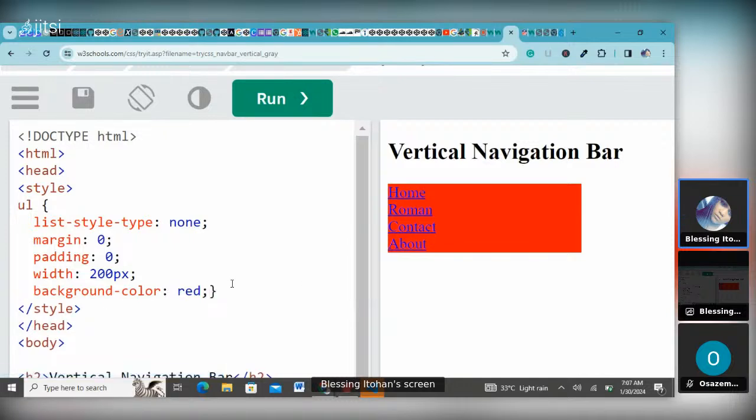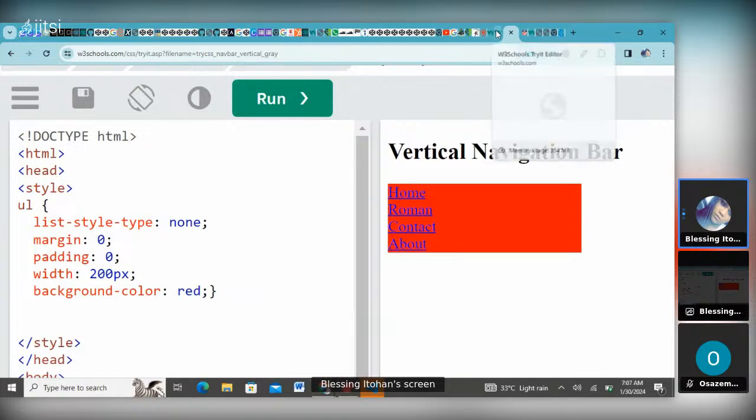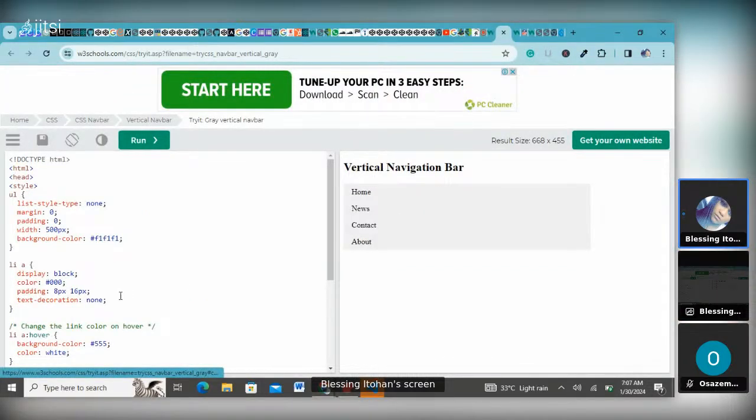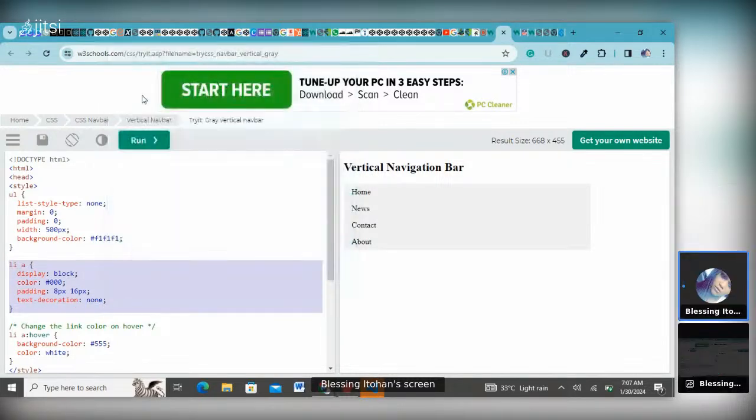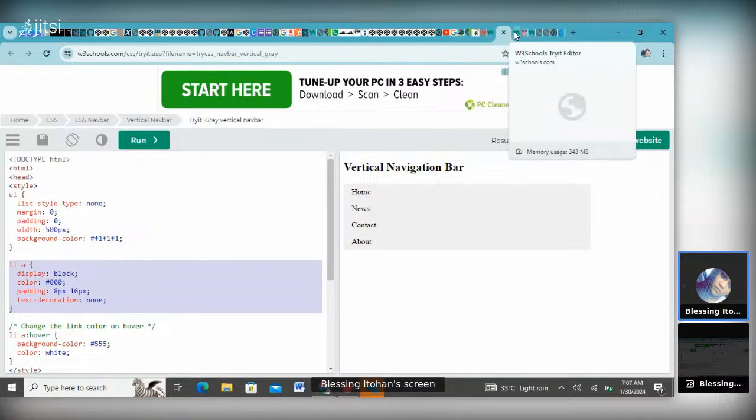All right. So the next thing we're going to do to achieve this thing right here is that we're also going to select the list and the link itself. So why there are two,